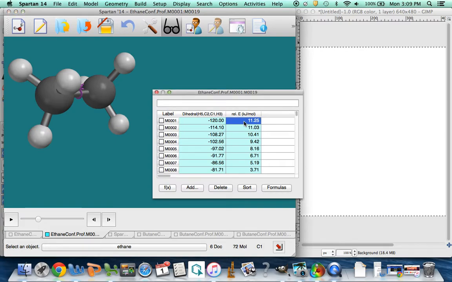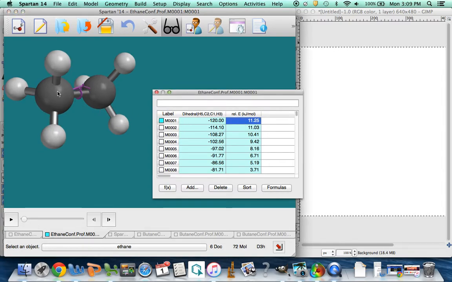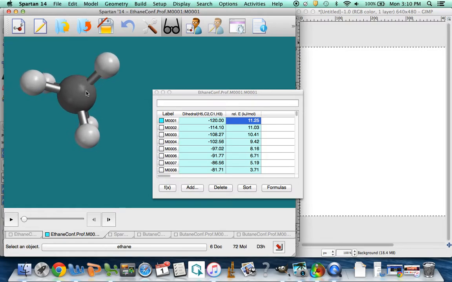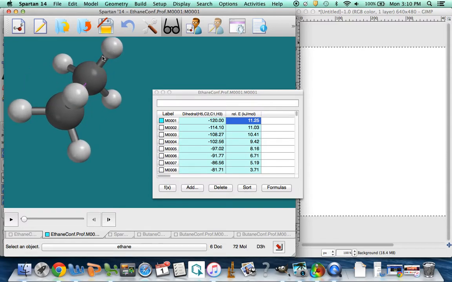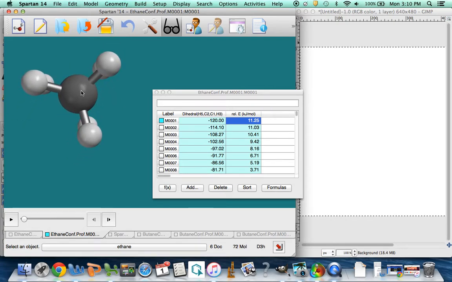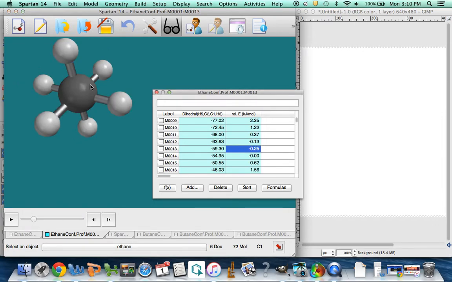Here's our 11.25. When we click on that, we can see that the conformation that has that high energy looks to be a really eclipsed geometry, eclipsed conformation with torsional and steric strain between the eclipsed hydrogens that are lined up with each other on adjacent hydrogens. If we look at its alternate, here's a lowest energy I could see, a negative 0.25 kilojoules per mole. We get our nice staggered conformation where the hydrogens on adjacent carbons are as far away from each other as